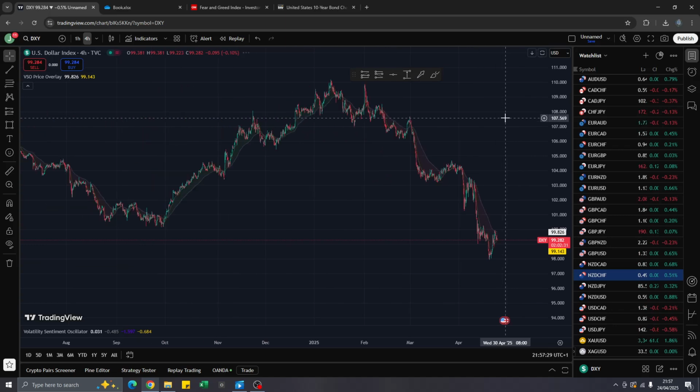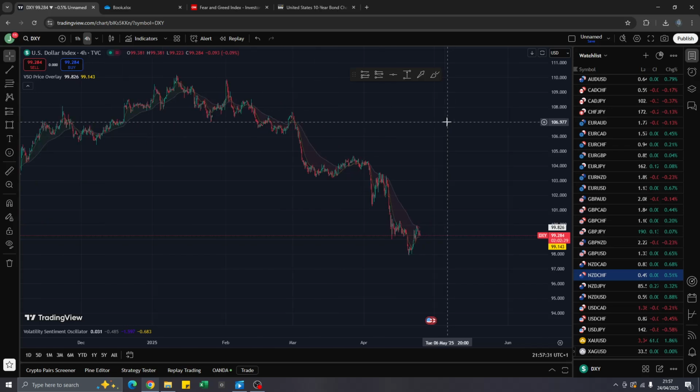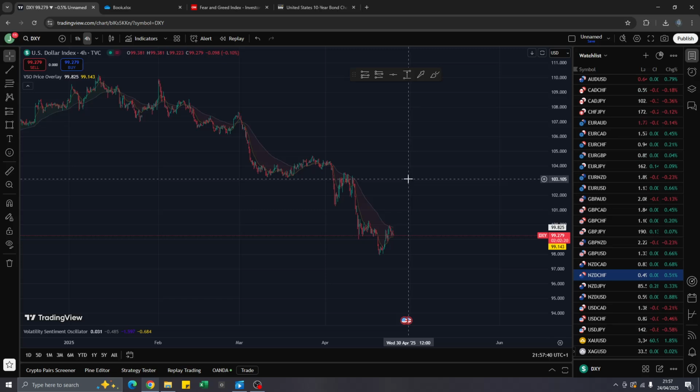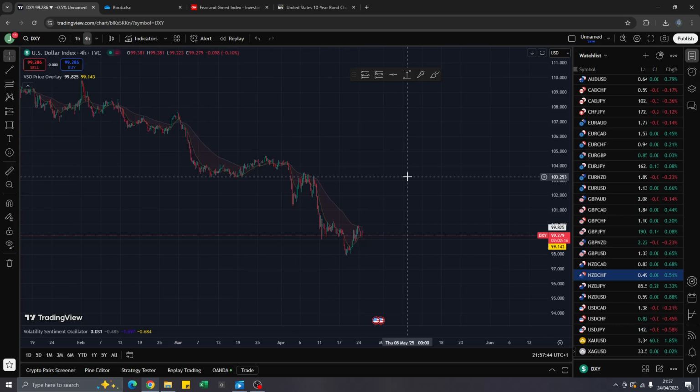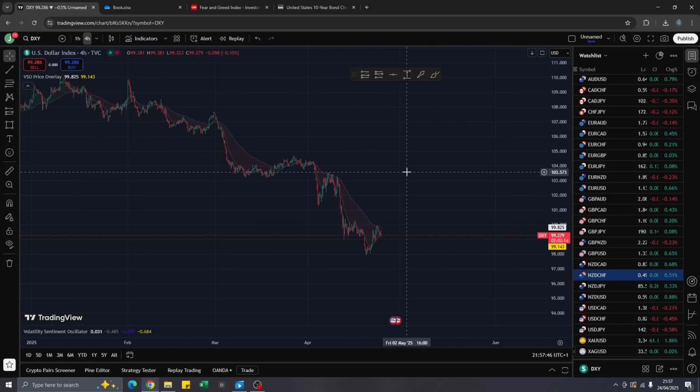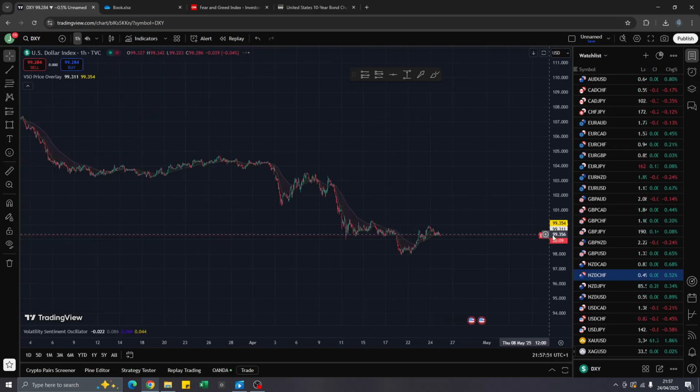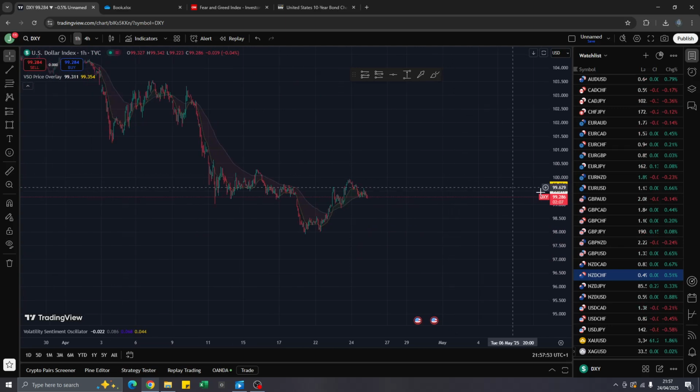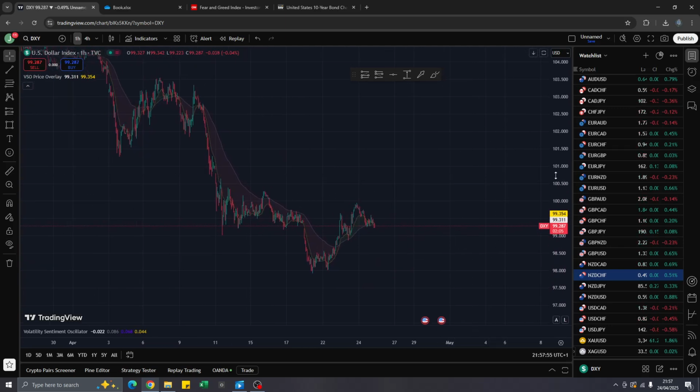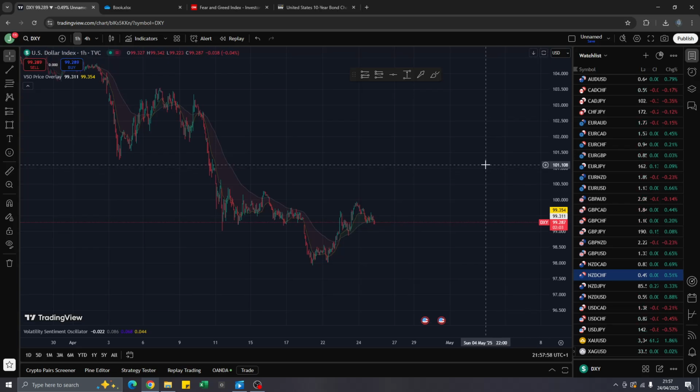So 4-hour on the dollar, we're still bearish. This is my custom indicator. I'll make another video on this in the future. This is the first video, so if you are opening trades right now, obviously I don't give financial advice, but I personally will not go bullish on the dollar just yet. We'll wait for this 4-hour to go bullish. On the 1-hour though, we are starting to see the dollar start to pull up. This is kind of signaling that the risk regarding Trump, regarding China and tariffs is kind of falling off.